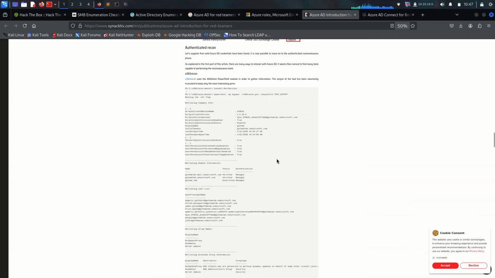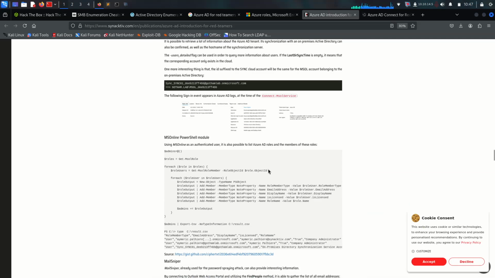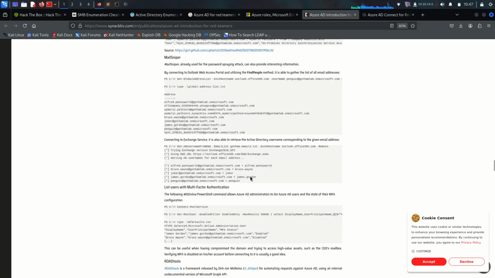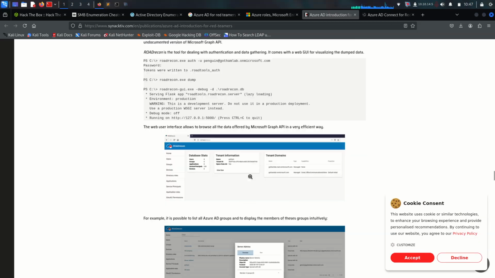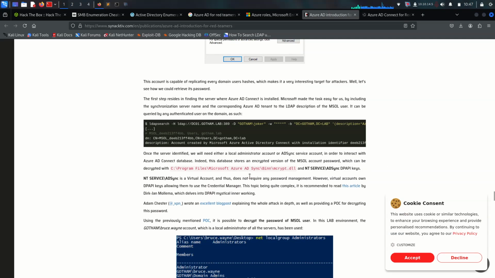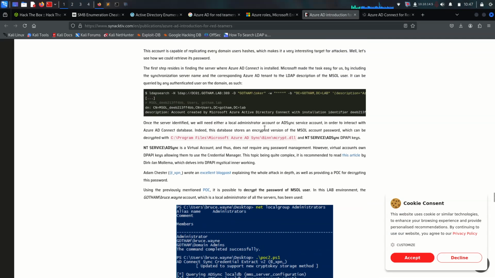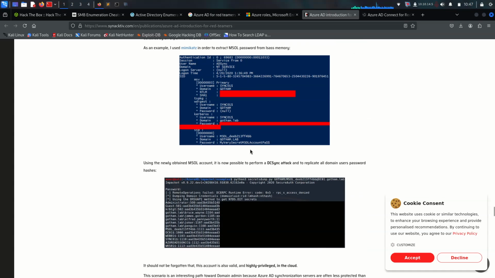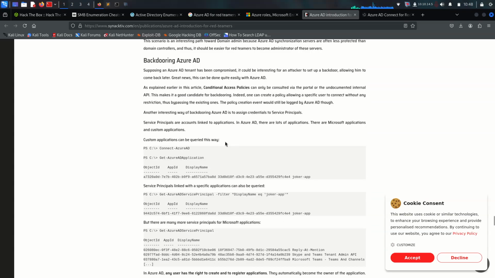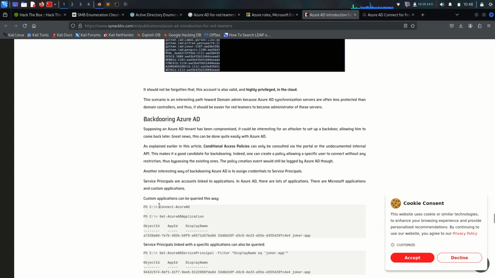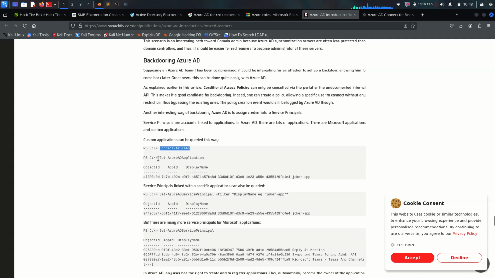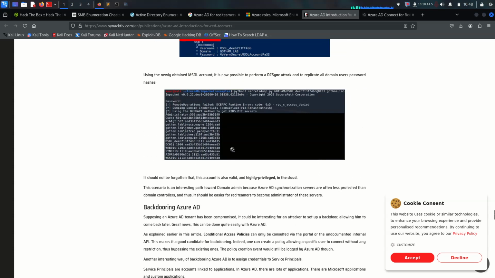So let me scroll down here. Okay. I think we can find something somewhere. It looks like they're doing get and backdooring here. So somewhere they're using Connect-AzureAD and Get-AzureADApplication or something like that over here, and you can see it like that. But I wonder which PowerShell file they actually use, and how those commands become available,